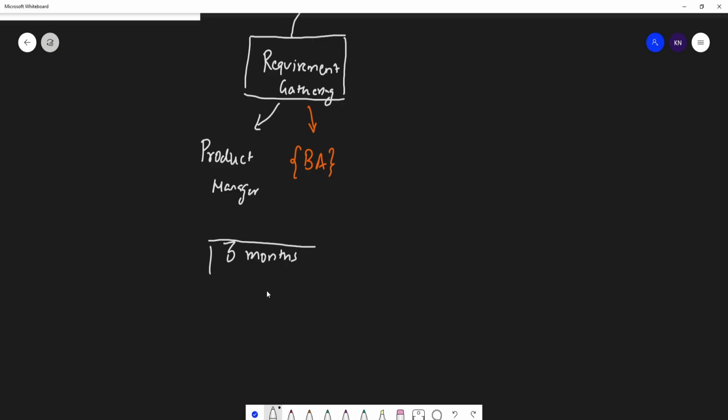Now always understand, when the product manager says that you need to complete the entire story in 3 months, that basically means this is the timeline of the project. Now your analytics manager, which is again a very rare role, I'll talk about the difference between an analytics manager and a program manager, right? In a data science project, usually an analytics manager is there instead of a program manager. This analytics manager will be handling the entire analytics team and will also have a lot of technical knowledge with respect to the data science project itself.